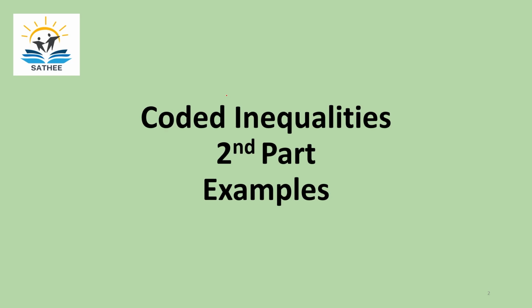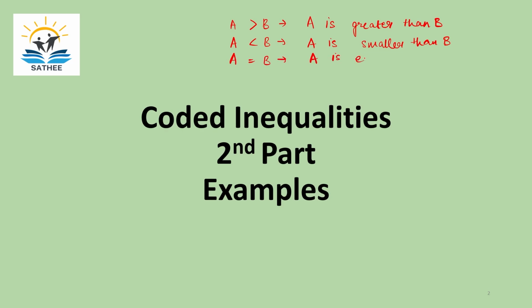Now, while discussing coded inequalities in the previous lecture, I told you that we deal with only 5 signs in coded inequality. The first sign means A and B. It basically means A is greater than B, correct? A is greater than B. If we have this symbol, it means A is smaller than B, correct? A is smaller than B. Similarly, if we have this symbol, it basically means A is equal to B or A is equivalent to B,